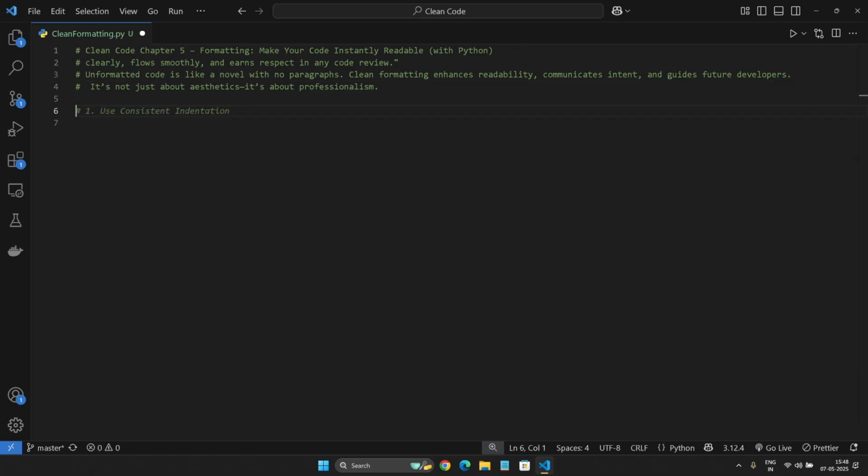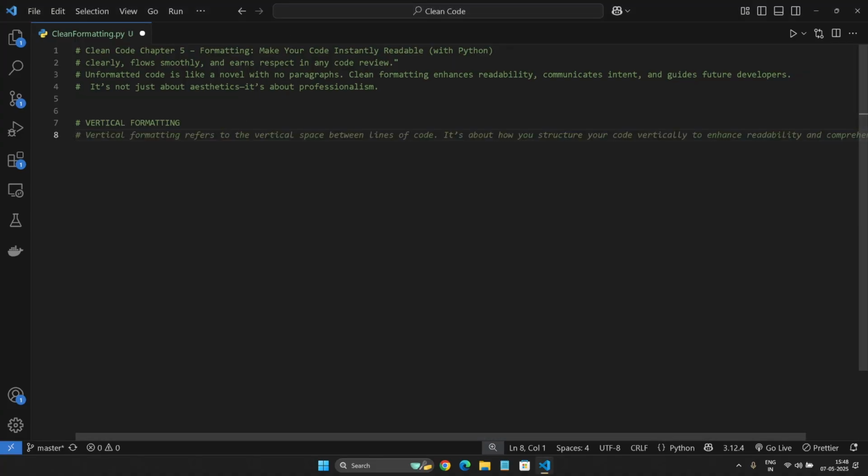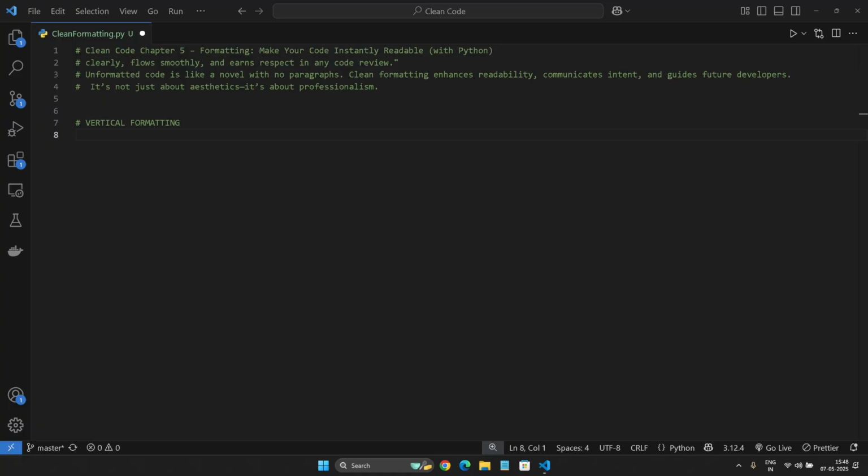Now, in this part, the first topic that we're going to see is vertical formatting. Code should read like a story, and the main concepts come first. So, for example,